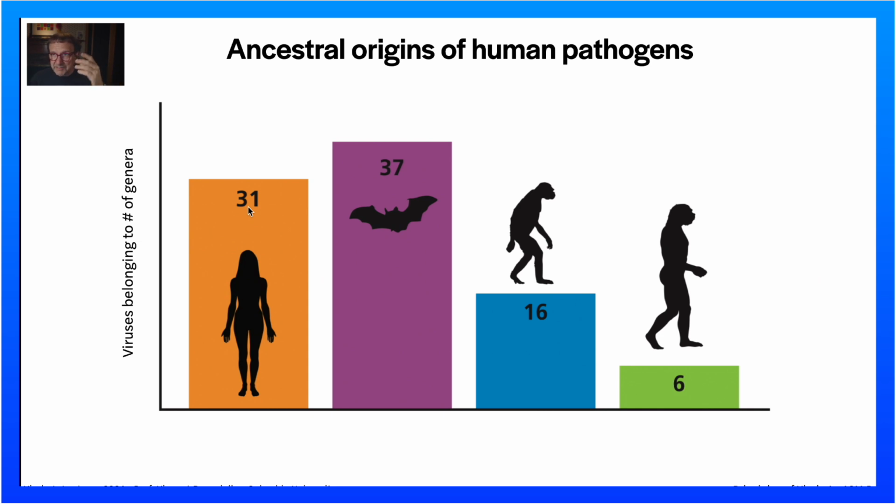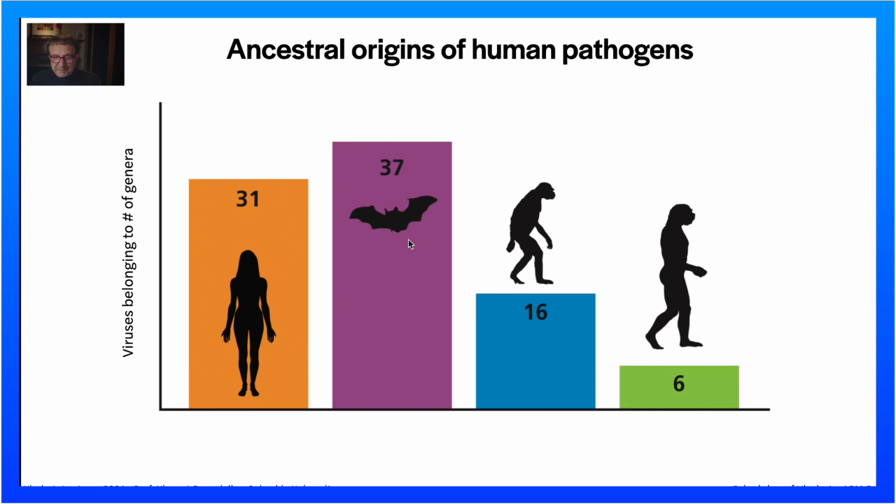So poliovirus and herpes simplex virus, all of these human viruses, HIV-1, they came from animals at some point. Members of 37 genera are zoonotic pathogens. They continue to spill over from animal reservoirs into people. Ebola virus, Nipah virus, even West Nile virus. It doesn't become a human virus. It doesn't transmit from human to human. It goes from mosquito to human, and the mosquito gets it from a bird or a rodent reservoir.